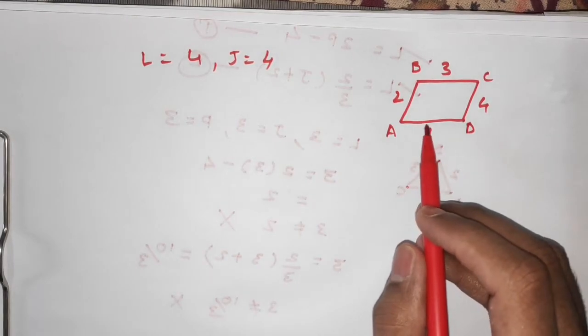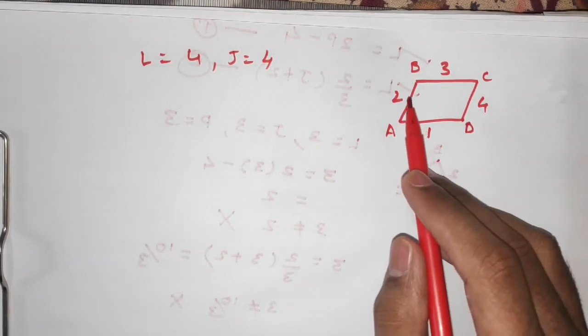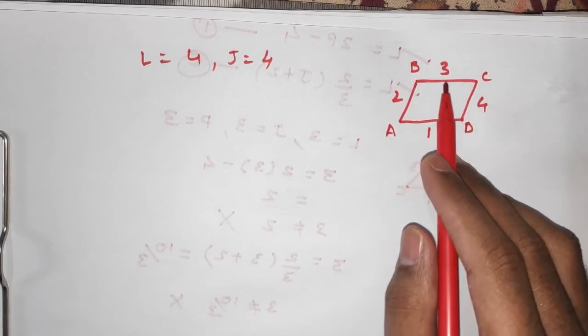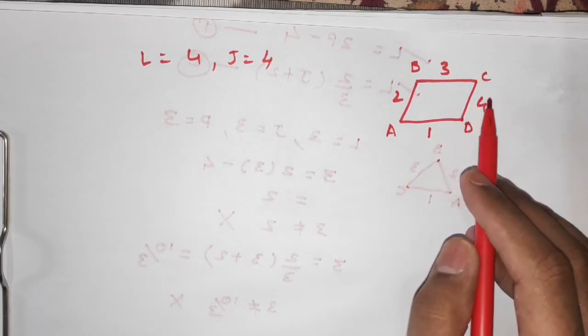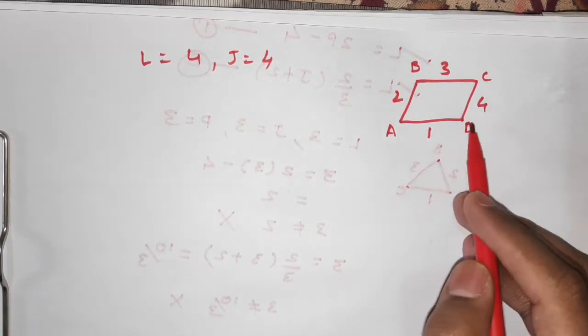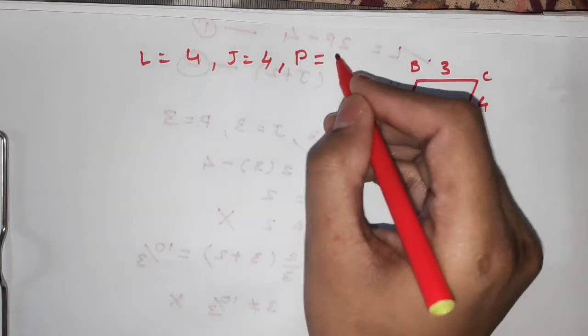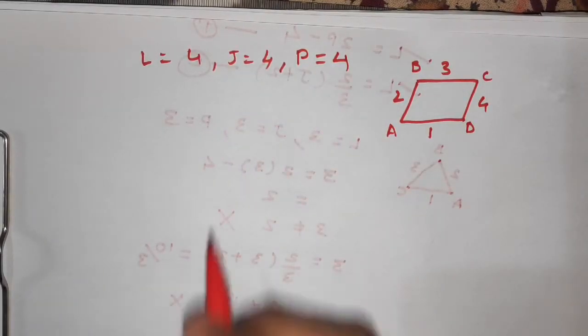So the kinematic pair formed by link number 1 and 2 is at A. This is the first pair. Similarly, the kinematic pair of link 2 and 3 is at joint B. This is the second kinematic pair. Then the kinematic pair formed by link 3 and 4 is at joint C. So this is the third kinematic pair, and the kinematic pair formed by link number 4 and 1 is at joint D. So this is the fourth kinematic pair. So we have 4 kinematic pairs. Now we shall substitute these values in the equations.